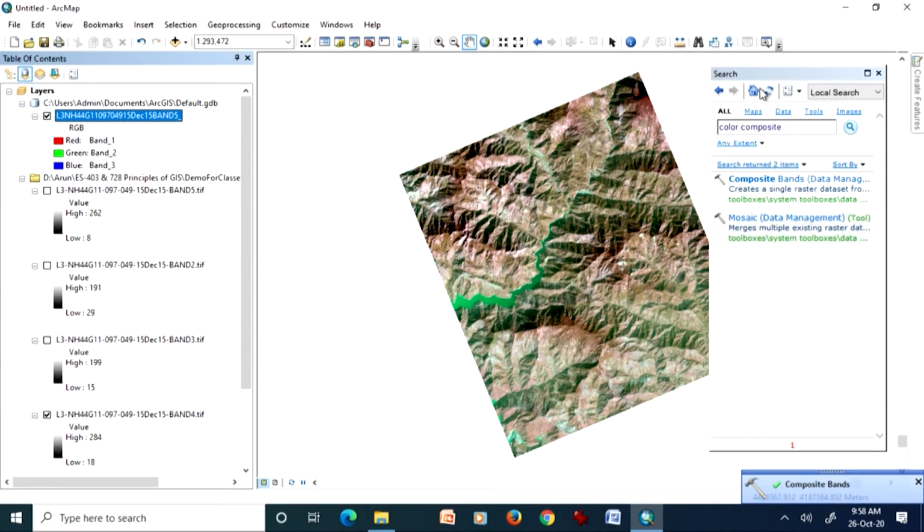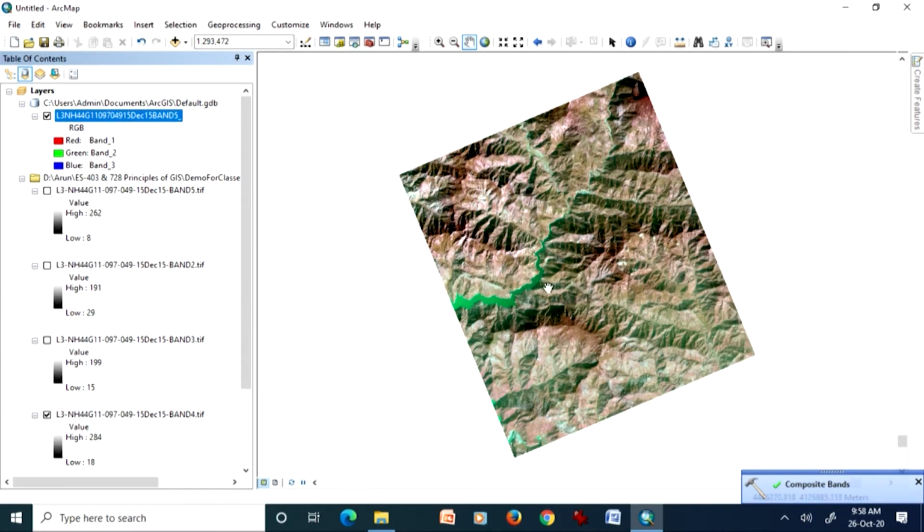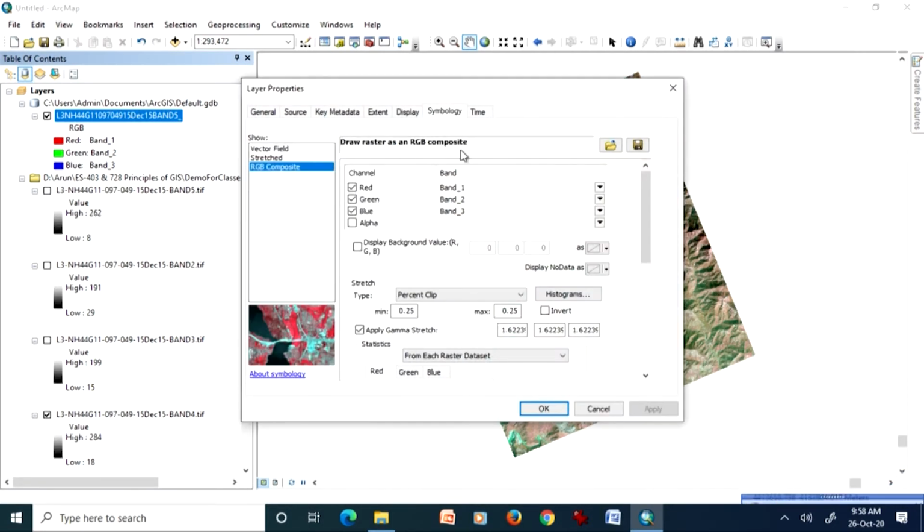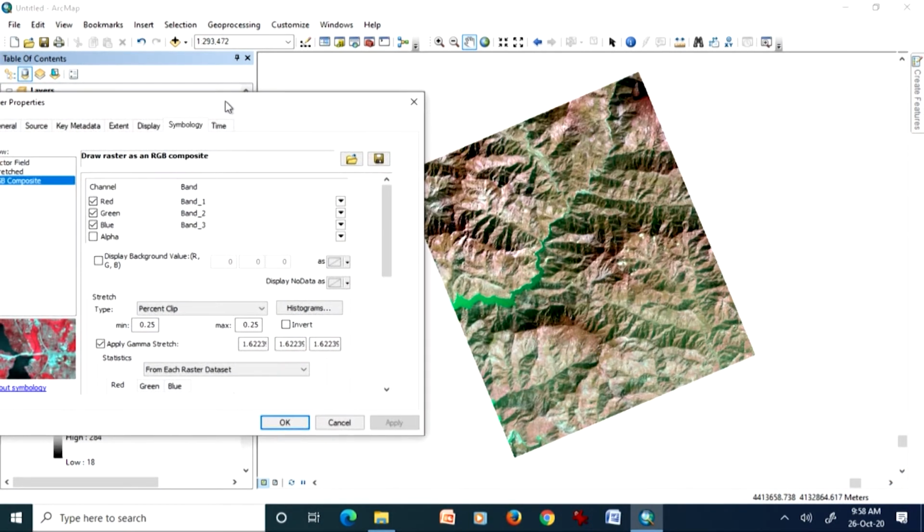Here, now it has been added. So, let me check why it is not coming properly. How can I say it is not coming properly? Because the water body generally should appear black, very dark. Here it is appearing green. So, it seems that it has not correctly got the bands.